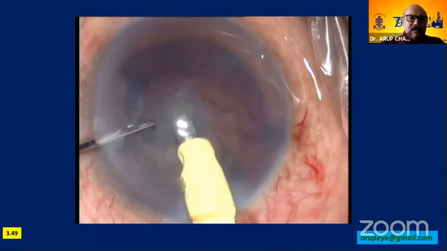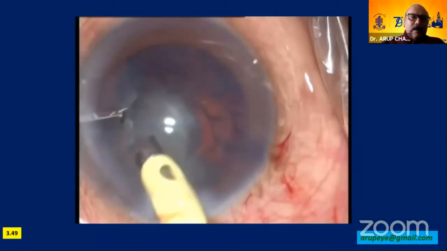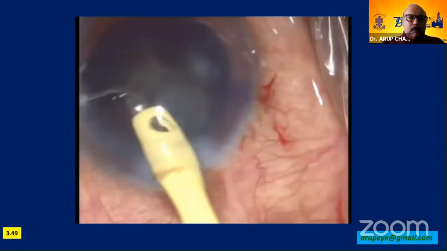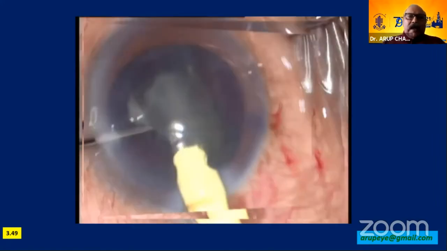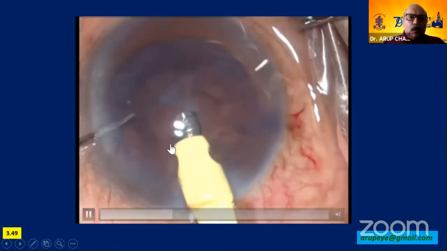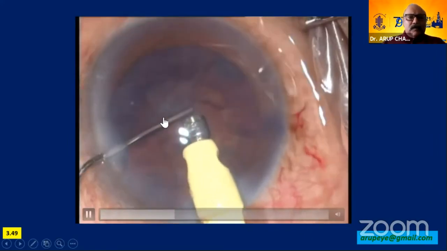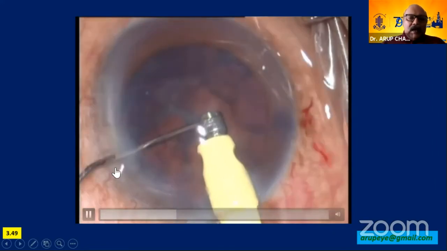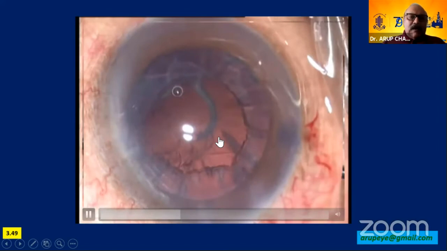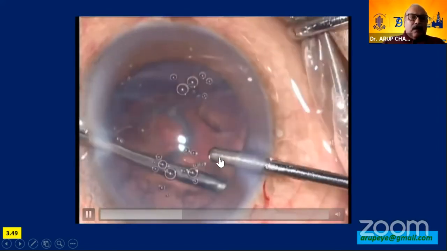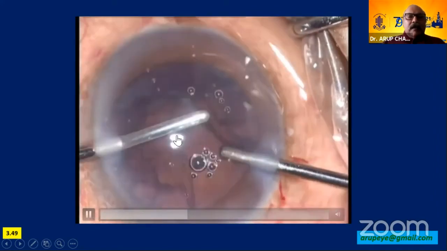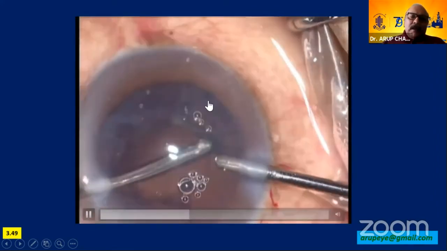the nucleus is debulked, there's more space in the capsular bag, the nucleus sort of becomes smooth, but easily rotatable. So far so good. And now at the end of the nucleus removal, I noticed that there is a small opening in the posterior capsule. It was pre-existing. So now I used HPMC here, and later on I realized I should have used Viscoat for this case to plug the hole in the central area, going with bimanual irrigation aspiration, and some of